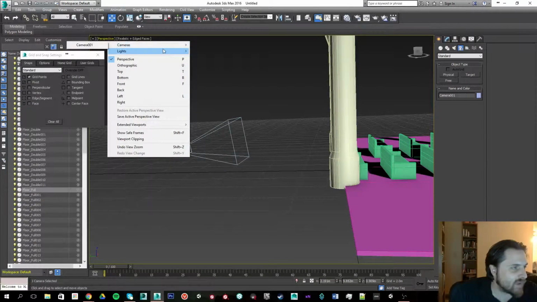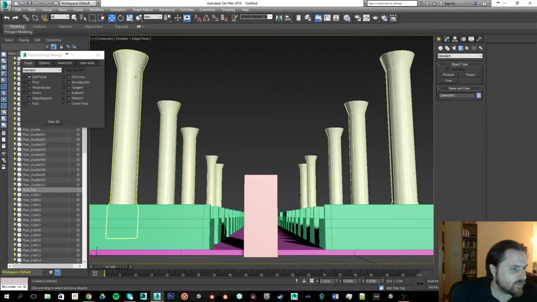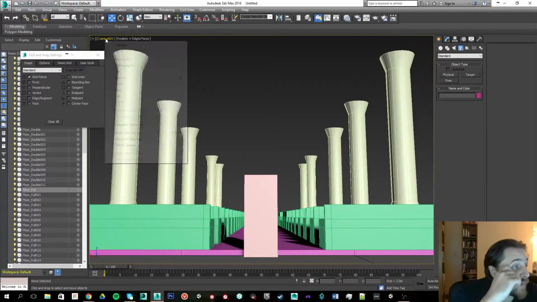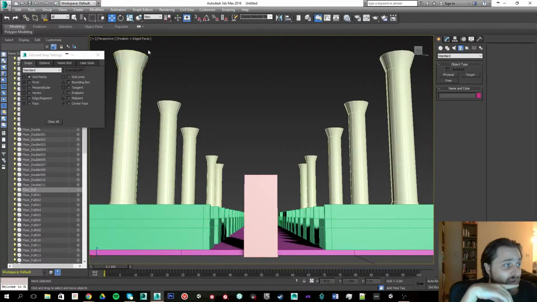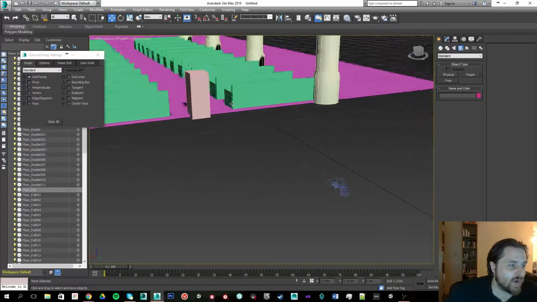And then if I switch back to my camera, then I have a view of what that camera is supposed to look like, and at any point I can go back to that. Now that basically works exactly the same way as in Maya, so I highly recommend